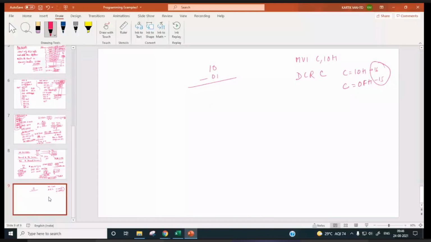Okay, so MVI C, 10H, right? DCR C is going to give you 0FH, but now if you want to have C equal to 09H, then how to do this, right?